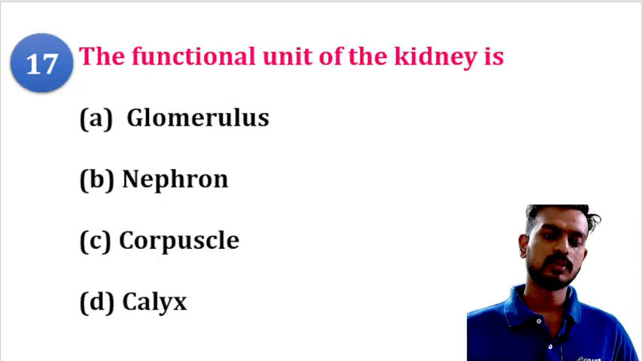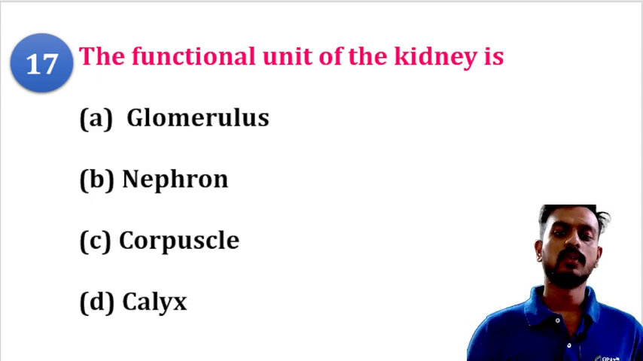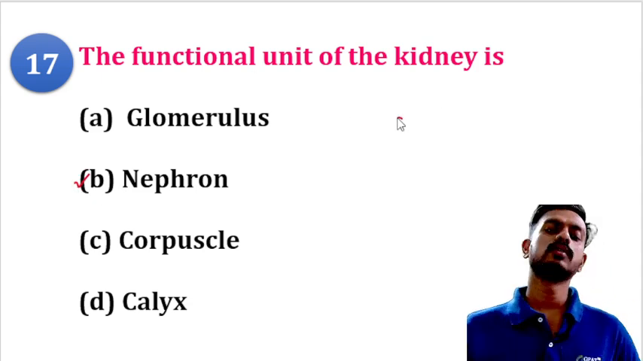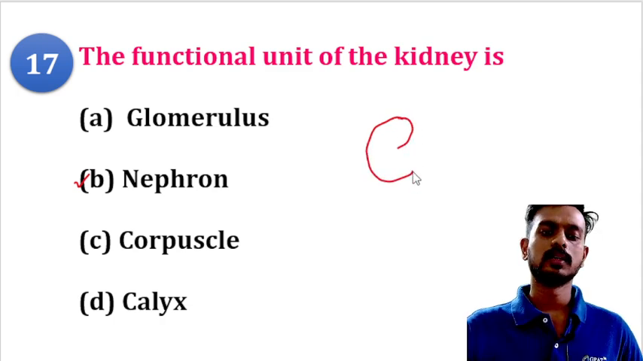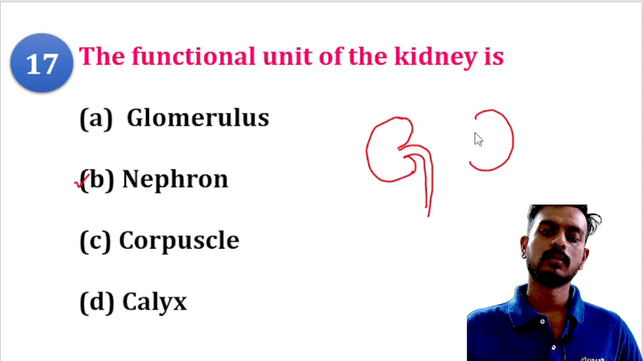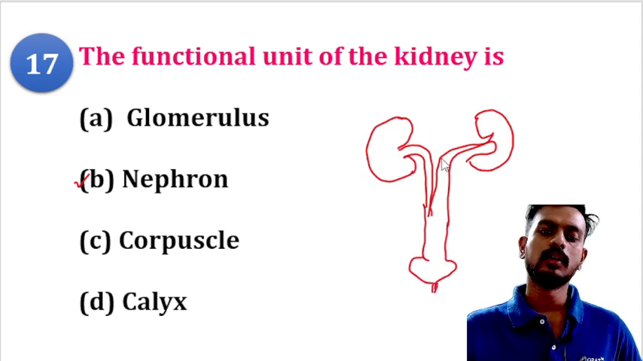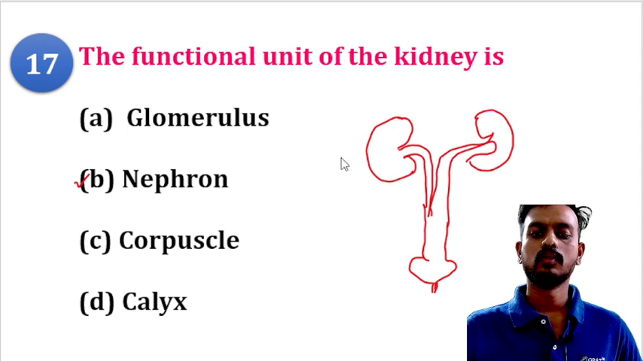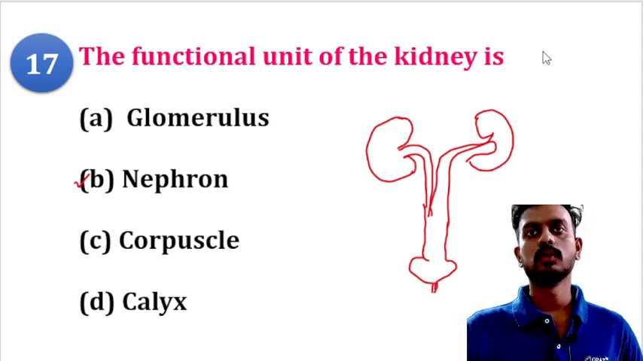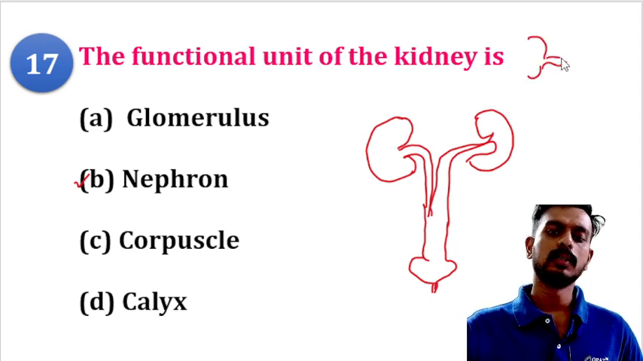What is the functional unit of kidney? The functional unit of kidney is the nephron. You can see the structure of the kidney. The kidney has two parts, one is the cortex and another is the medulla. Between these there is the nephron present. That nephron is considered as the functional